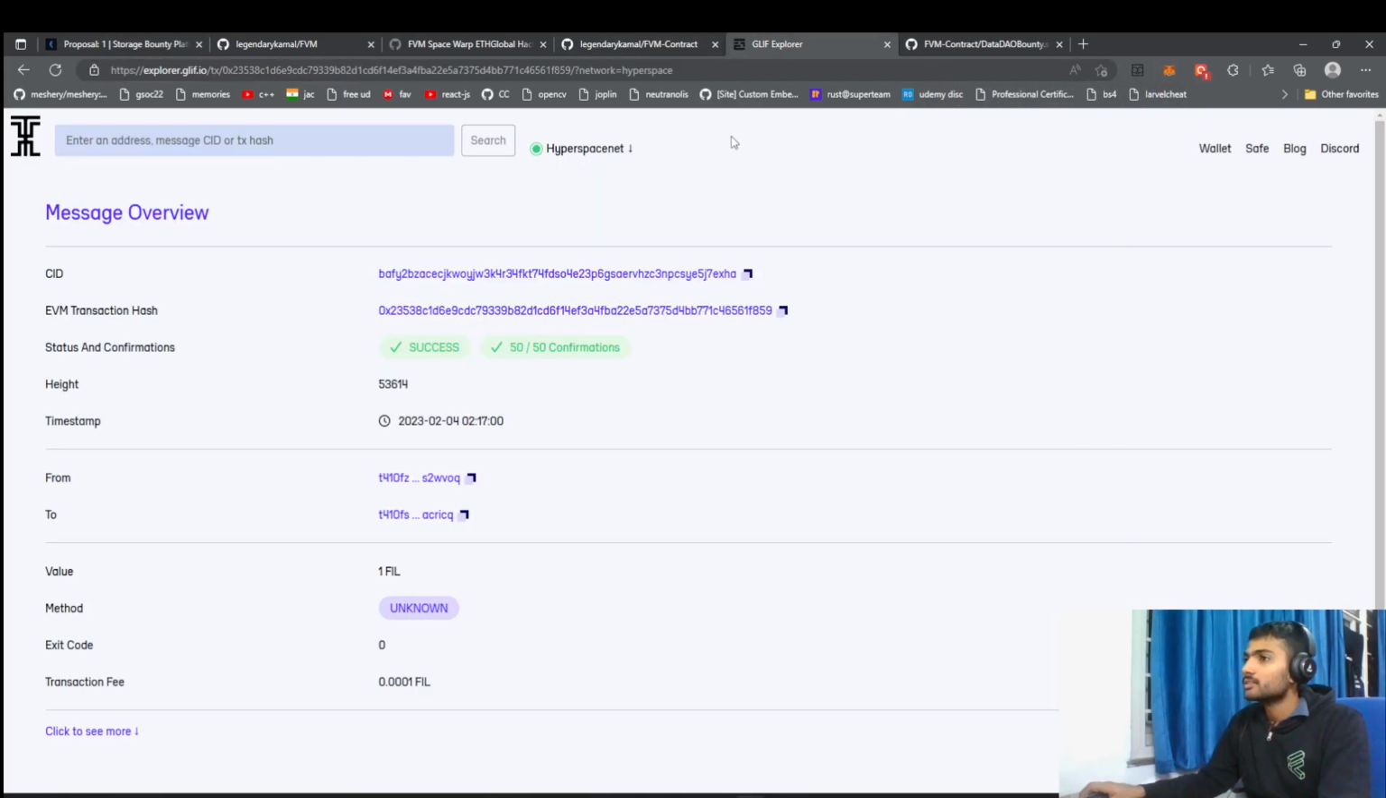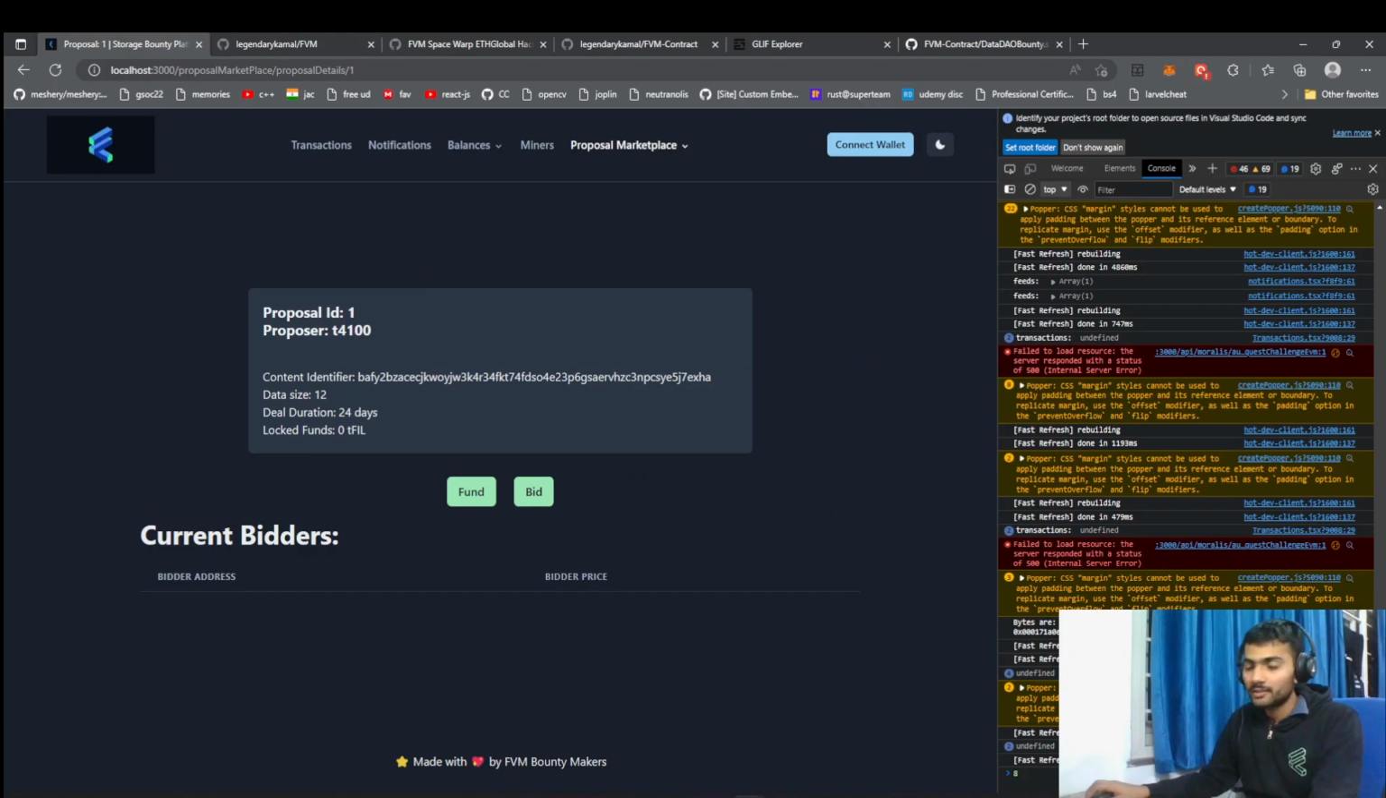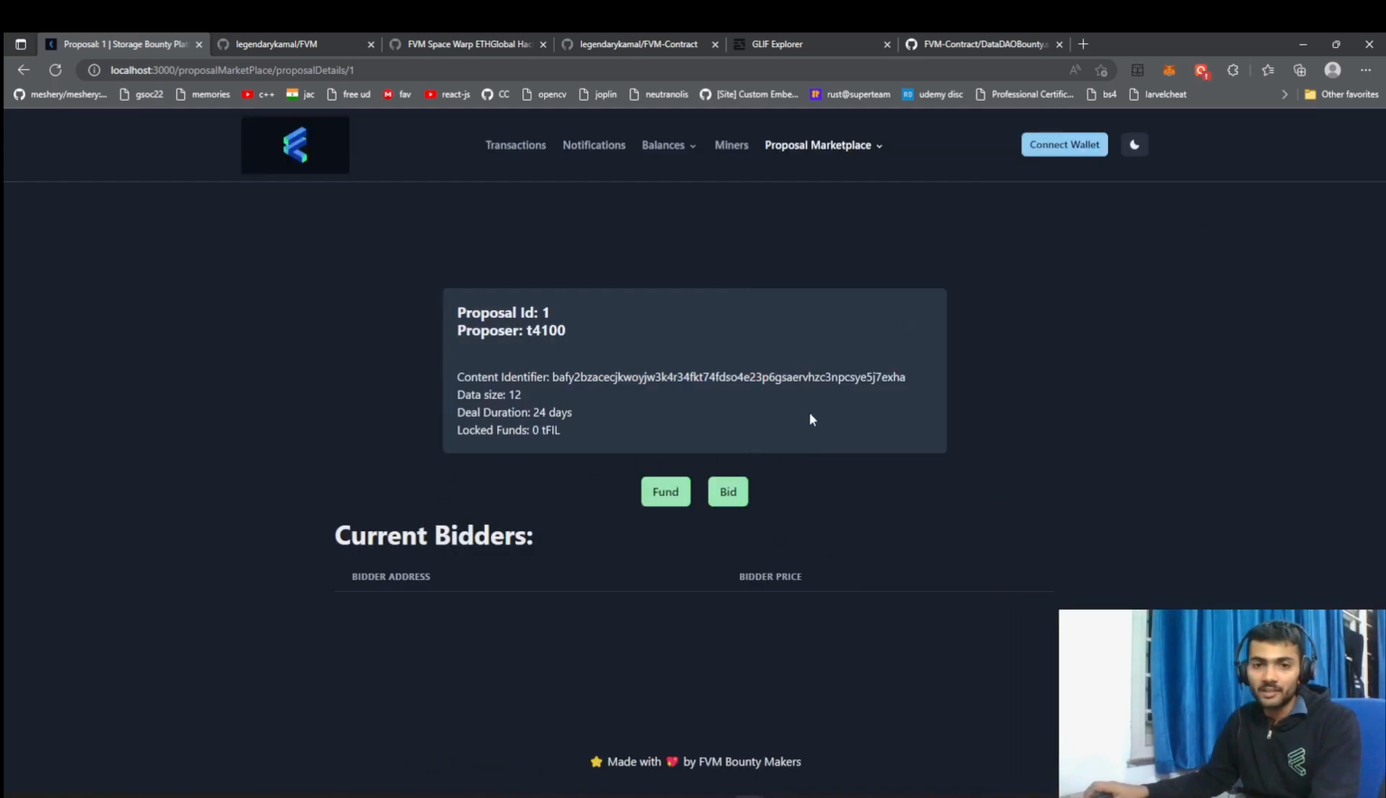Also, when a proposal is created, a CID is generated and it is visible on the explorer, for example, Glif Explorer. Apart from it, the transaction ID can also be seen in the console, which is generated when the funding is done. Now, let's say that I'm a storage provider, and I want to propose my bid for